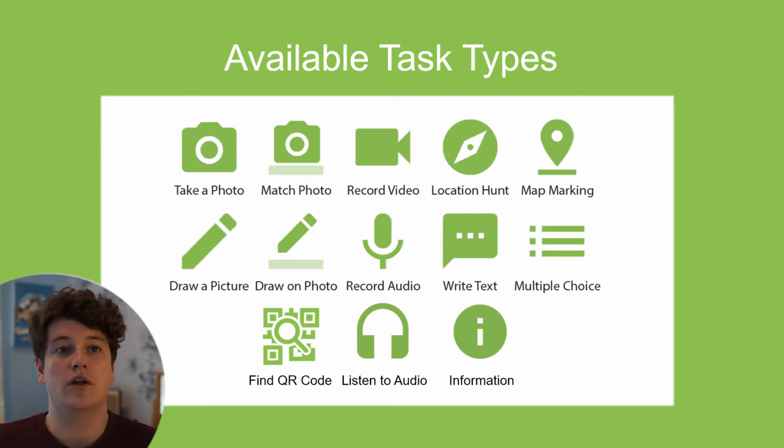So for example, the location hunt task asks users to find a given GPS coordinate by using their current distance from it, and it beeps faster as they get closer. This means that an activity creator can ask the user to go to a specific location, and using follow-up tasks, you can then ask them to listen to an audio clip about the place that they're currently standing, or be asked to take photos or videos in the location and then reflect on a listened audio clip with their own clip.